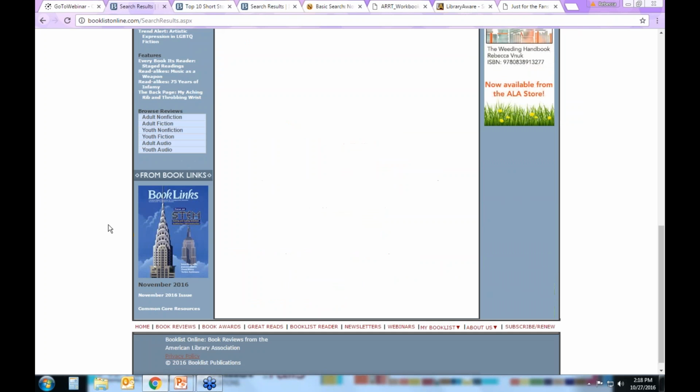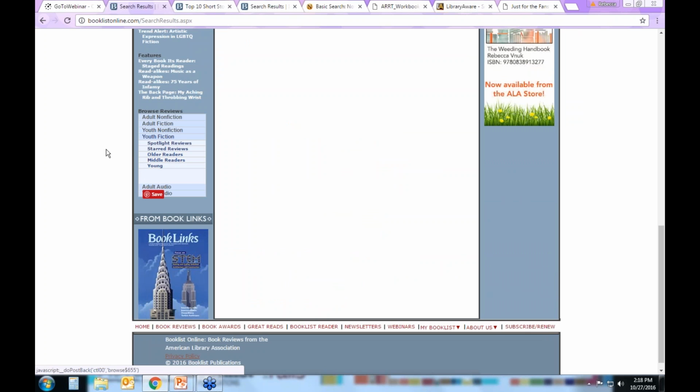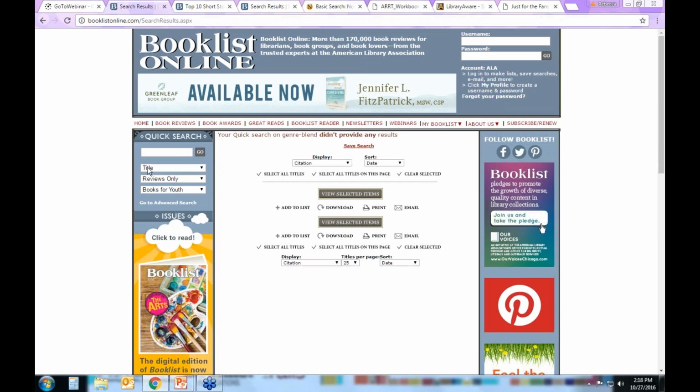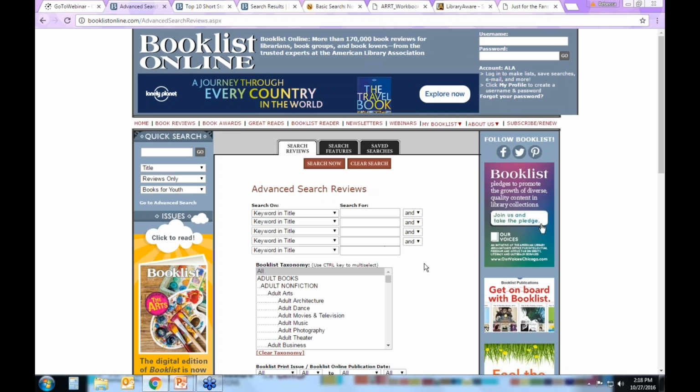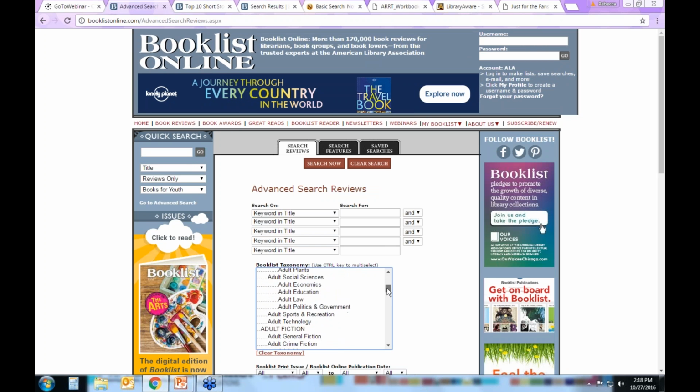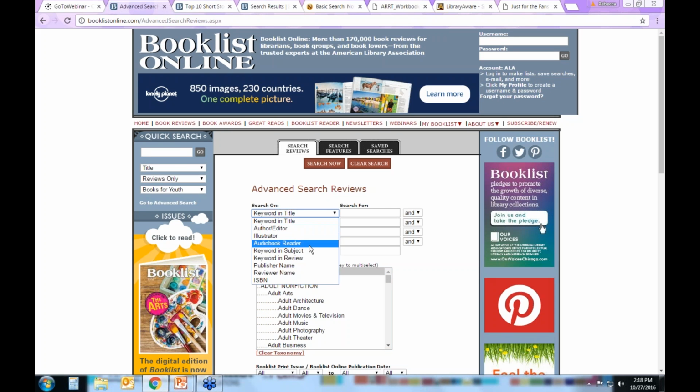Let's find a young adult review. So here's a way that we can browse reviews. I should go through what I'm doing as I'm doing it. On Booklist Online, there are a number of ways to search. We've got the quick search here. We've got the advanced search here, which lets you look at different categories of books in all kinds of different ways.